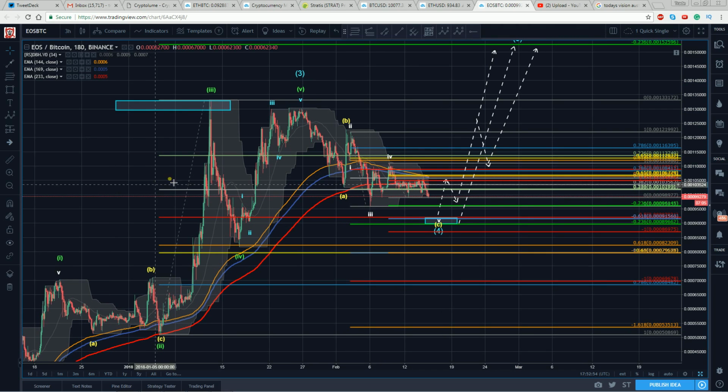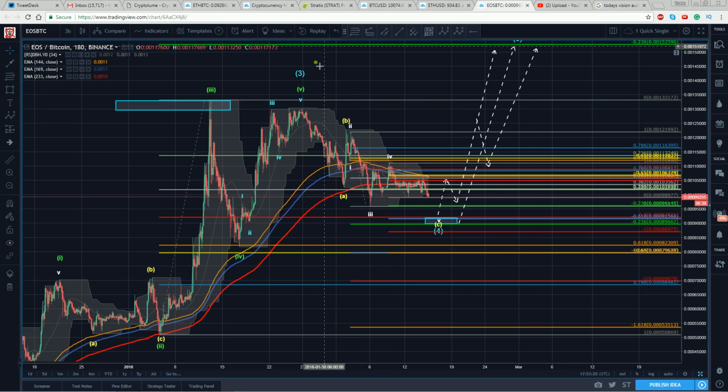We all know EOS is a strong project. We want to be long there, but right now trend's going down. So the question is, where can I dip in here and get positioned for the potential? Because that's all this is, potential. Where can I get in here in a low risk way to be positioned to be there for that ride if it happens? And we don't know that it is.